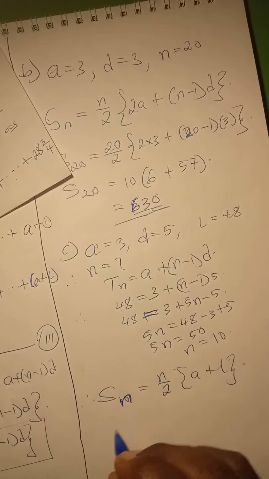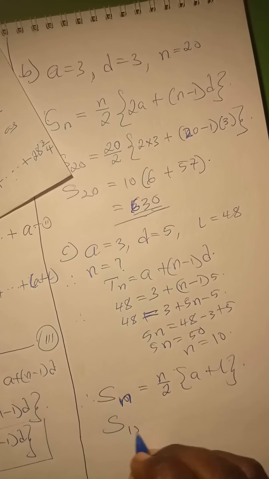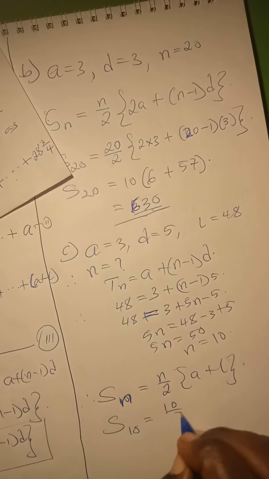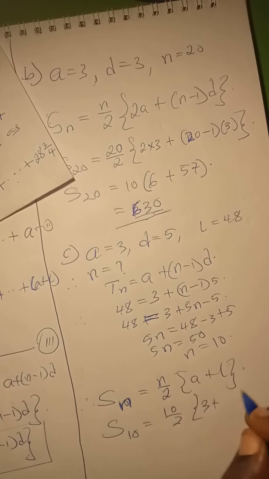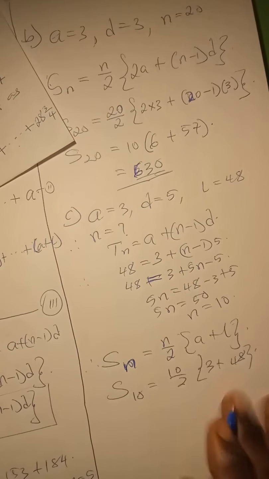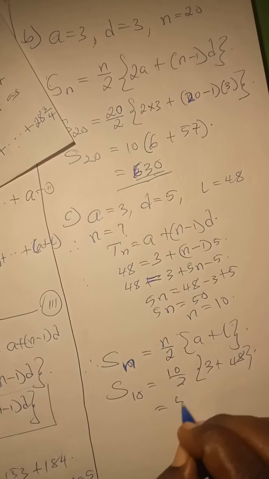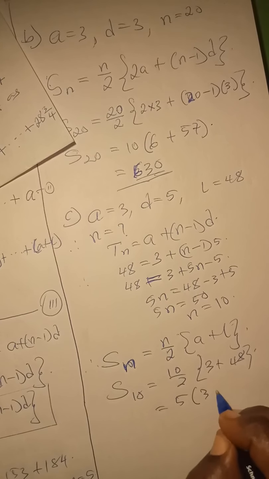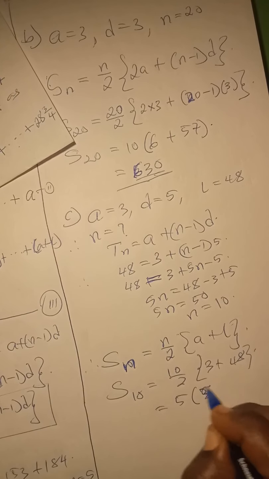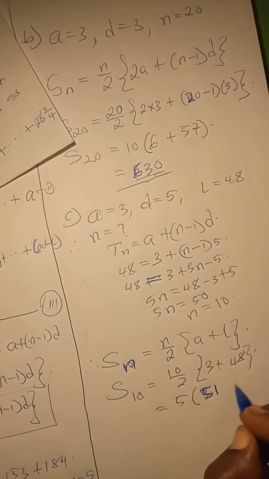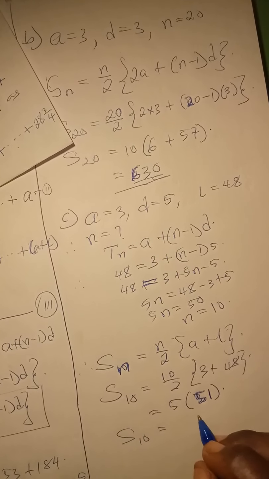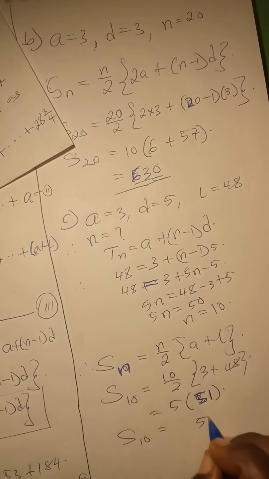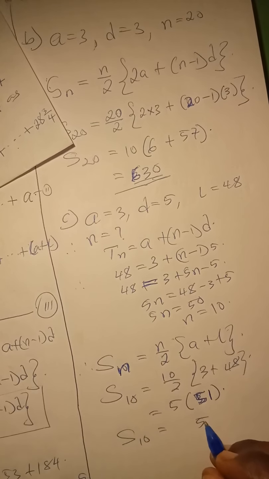You can use it. So that means that S10 now is going to be equal to 10 over 2. Then the first term is what? 3, plus the last term is 48. I think that's all, right? So now we have 5 bracket 3 plus 48, this is 51, right? So S10 now is equal to 51 times 5. 5 times 1 is 5. 5 times 5 is